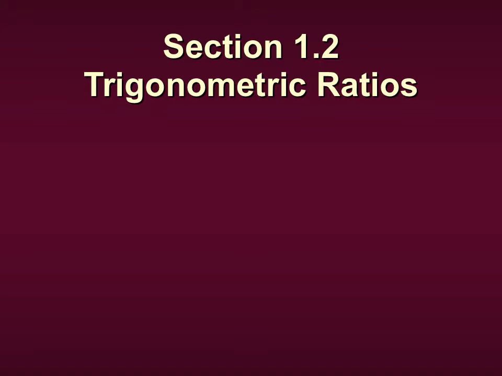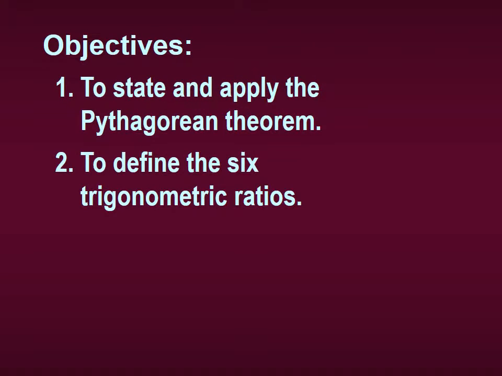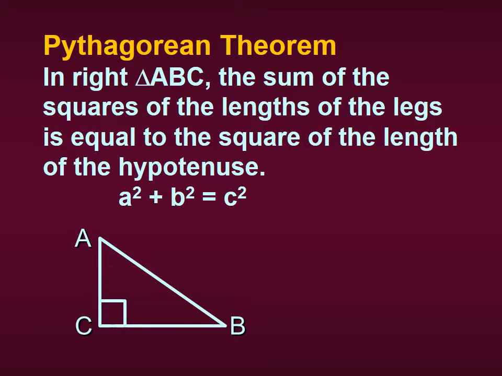Section 1.2 in our BJU pre-calculus book, and this section is about trigonometric ratios. So really what we're trying to do today is look at the Pythagorean theorem, and we're going to define 6 trigonometric ratios. So the Pythagorean theorem, as you might have remembered from geometry, is a squared plus b squared equals c